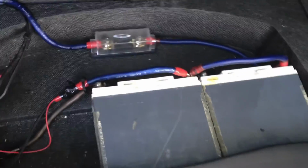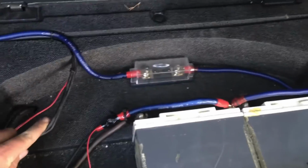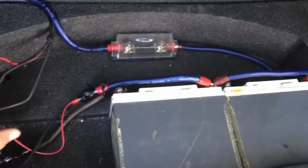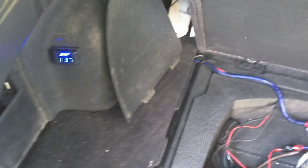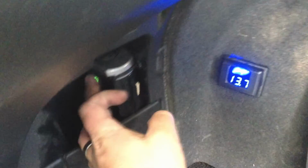And then these are my wires. I already have my inverter wired up. That's the wires for the inverter. And this is for my voltage meter. Put that right there so you can see it from the outside of the car. You know, walking by, you can tell what the voltage is of your batteries. Put my inverter in there. Don't really need it running, but